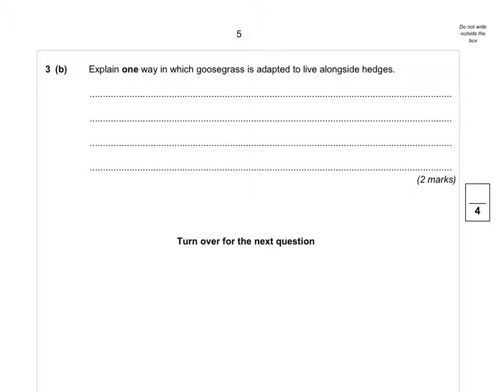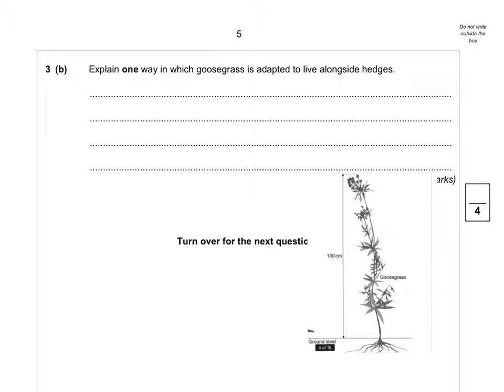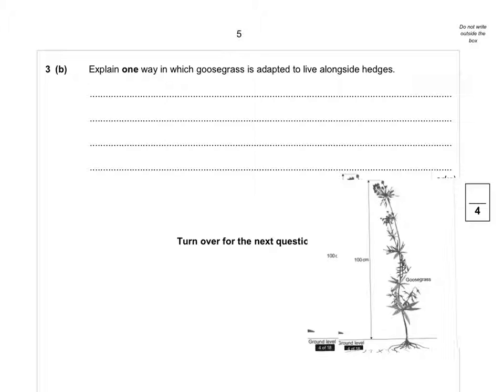Okay, so if we bring in a quick picture of the goose grass, and then we'll look at the adaptations for that. Okay, so there should now be a picture of the goose grass on the screen, and as we can see, the goose grass was a lot taller than the dandelions. It's almost a metre in height. So we can use this information to our advantage when we're answering the question. So it asks us to explain one way in which goosegrass is adapted to live alongside hedges. We know that hedges themselves are quite tall, but because of the long stem of the goosegrass,